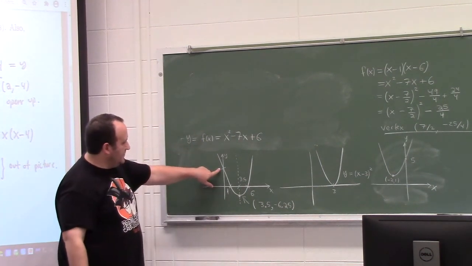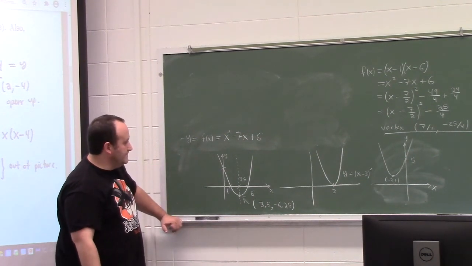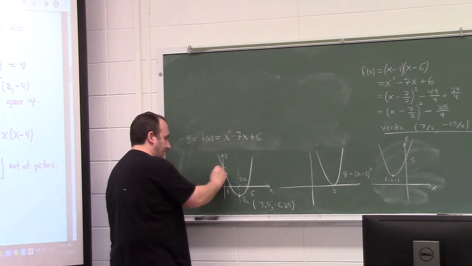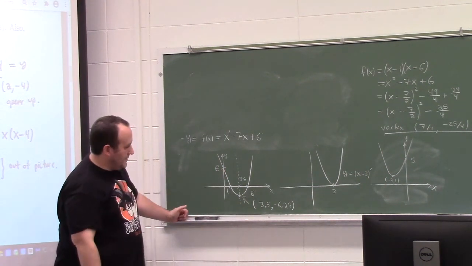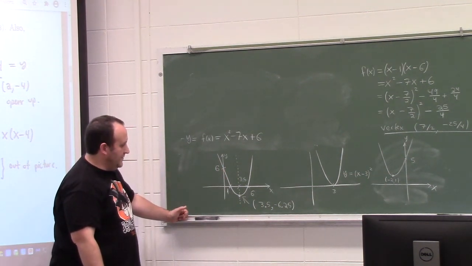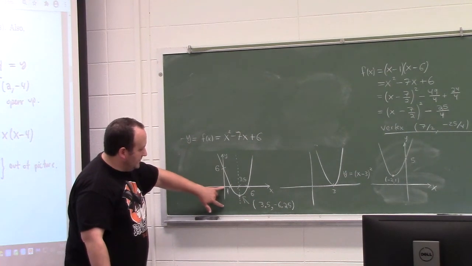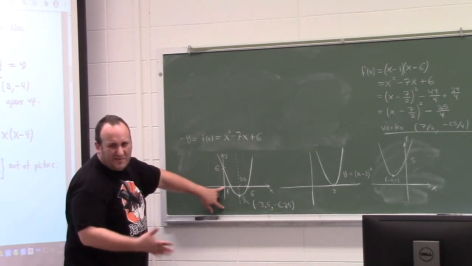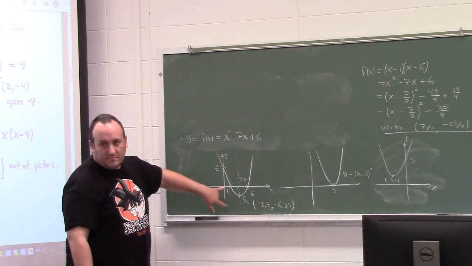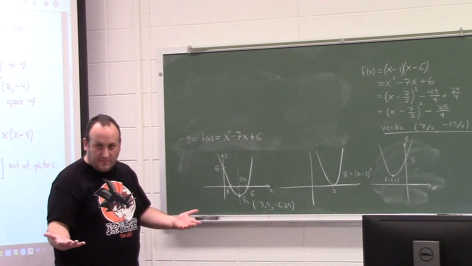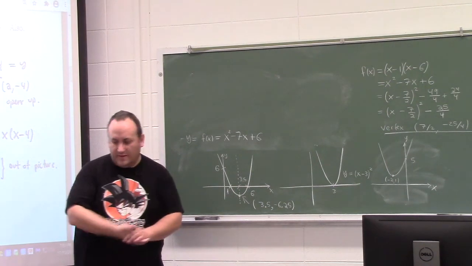So what's the y-intercept? 6, right? So, I mean, if I'd done this right, the vertex should be more below the x-axis than the y-intercept, right? So my picture isn't quite right. Anyway, I just want to alert you to the fact